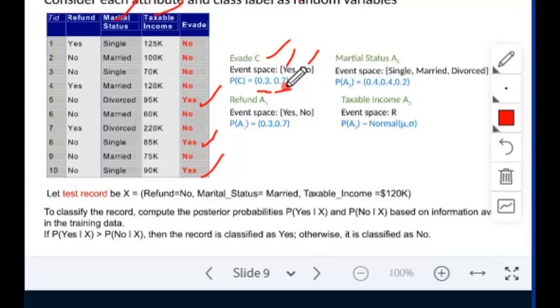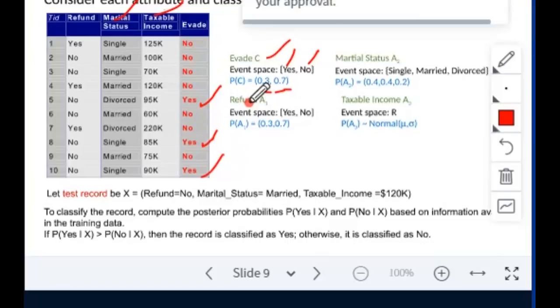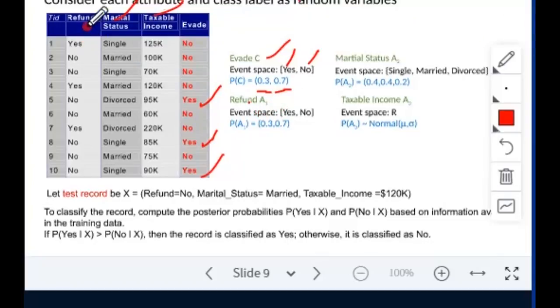Hope you understand it. Next we'll take attribute wise. One thing you must remember in Bayesian classification, or the naive Bayes classifier, is that we treat the attributes independently. We are not taking the attribute set as a whole; we are treating each individually. So next we go for attribute A1, the refund. A1 is the first attribute. Refund has two categories, yes and no.